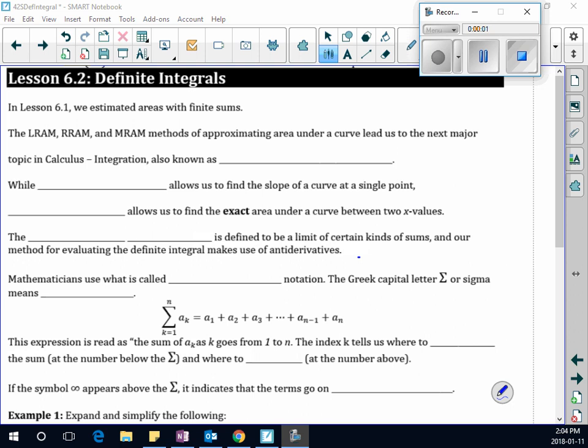In lesson 6.1, we did areas with finite sums. The LRAM, which stood for left rect area method, and RRAM and MRAM, what was M again? Midpoint, yes. Methods of approximating area under a curve led us to the next major topic, integration, also known as